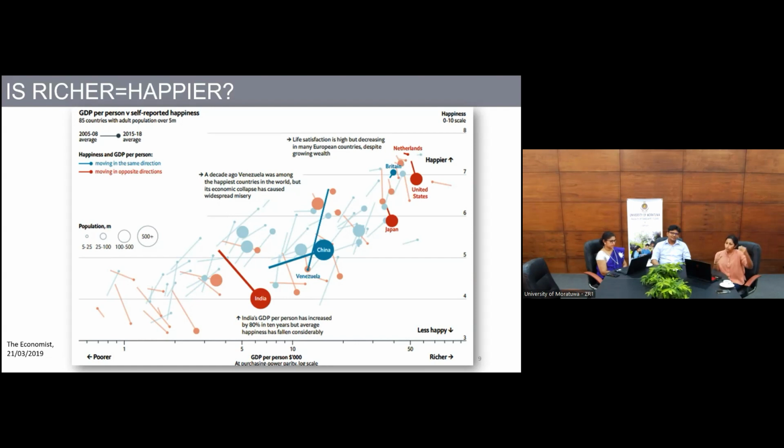However, if you were to also look within a country over time, it doesn't necessarily follow that a country that has got richer has got happier. So the red countries are all countries where GDP per capita and happiness have actually gone in opposite directions. So by looking at both the cross-sectional picture as well as the temporal picture, we are actually seeing a mixed message. You wouldn't be so quick to say the relationship between GDP and happiness is always positive.